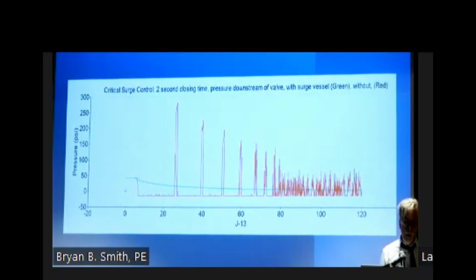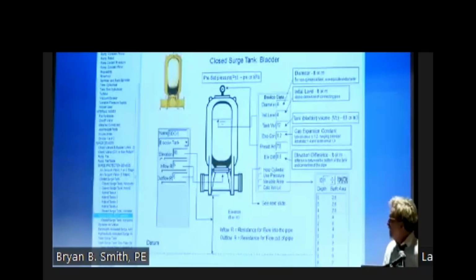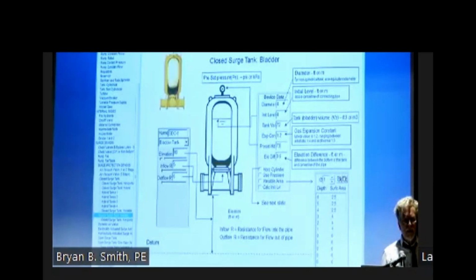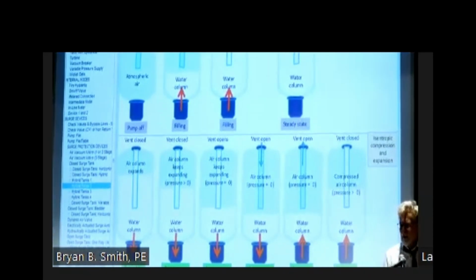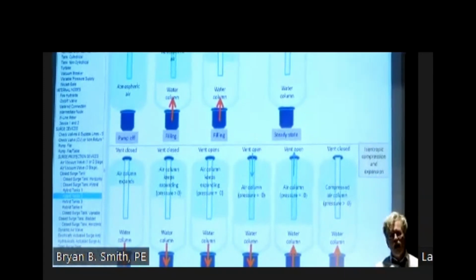If I'm pumping over a mountain or a long distance and I have a high pressure wave returning, I might also have to rely on a relief valve, or I might have to cushion the flow coming back into the surge vessel. But a surge vessel is a way of accepting energy. A surge vessel can also give energy when I turn off the pump. It'll give energy to that change in velocity so that we can keep our piping system positive, so that we do not go into a state of cavitation, or we're not respecting the minimum operating pressure of the piping system.